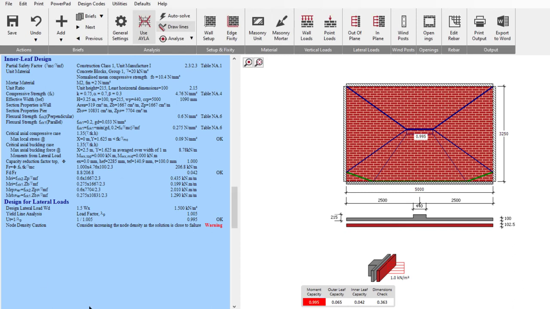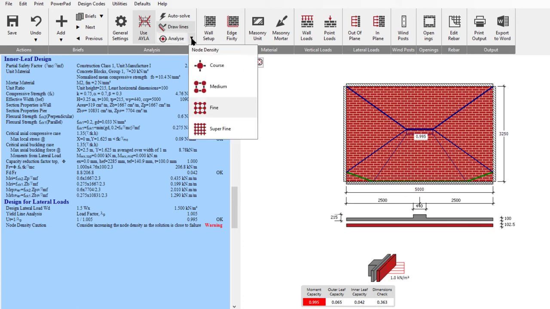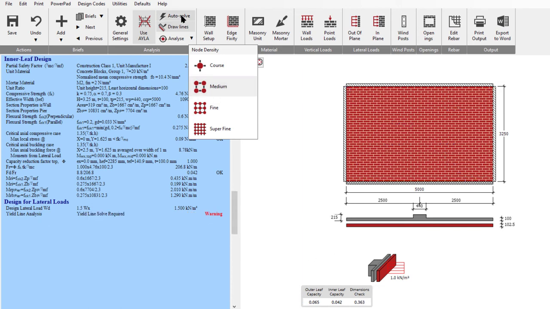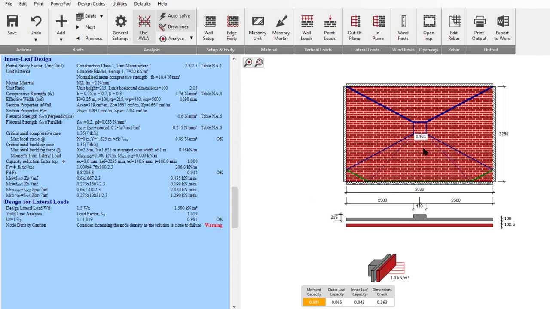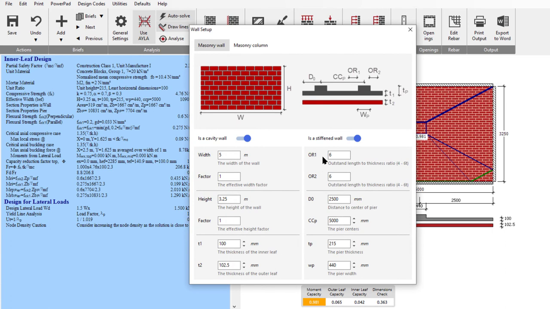So if I was to go and change this down to super fine, it would take 2 or 3 minutes to solve because it's really, really fine. And we know already it's going to fail. So back to medium density, which will happen in milliseconds. We know that we're within the cusp of 2%. So what we're going to do is we come back to our wall setting